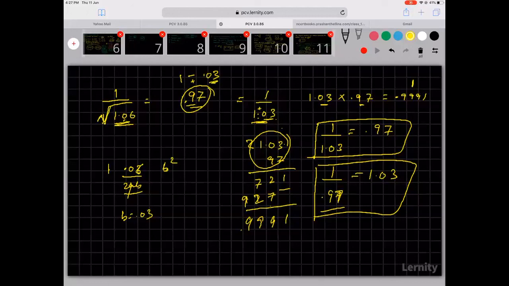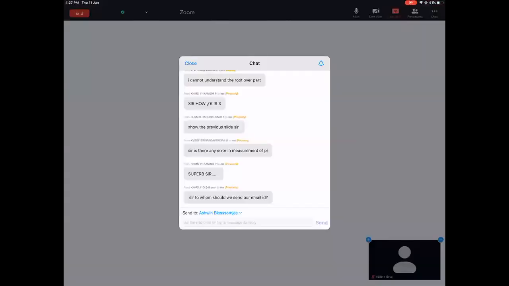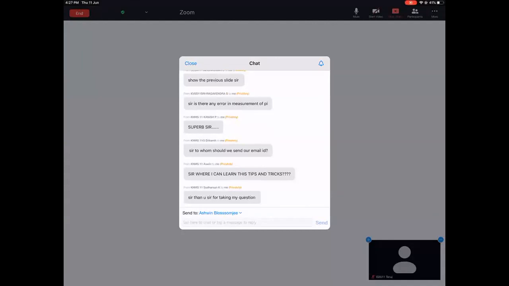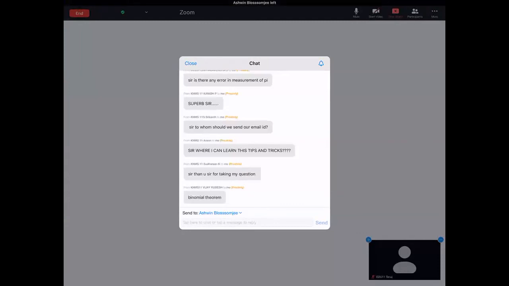So the question as to how the root became this, that is not the case. These tips and techniques you have to learn, and you have to work. When I was your age and started my binomial theorem, a lot of these come from the binomial theorem, but we did not learn it that way.